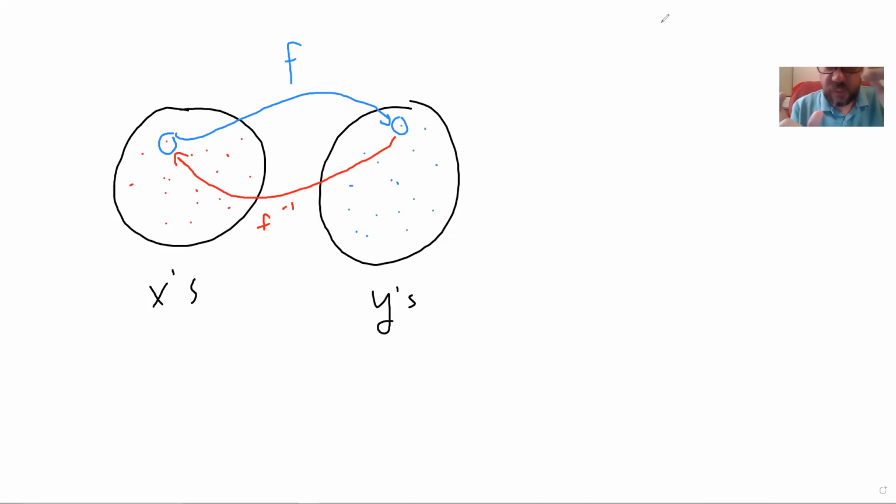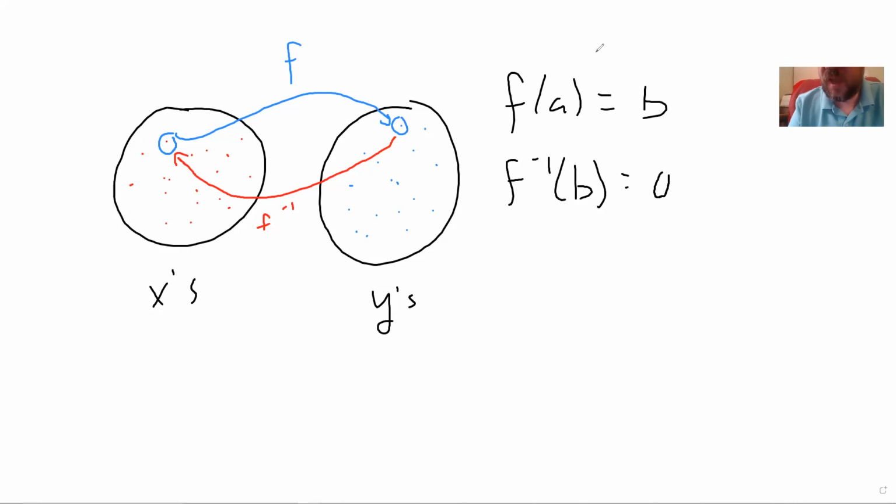The thing I want you to see here is that the roles of x and y are reversed in these two functions. F takes x's, starts with an x, and takes it over to a y. F inverse starts with the y and takes it back to x. So if I write it like this, that if f of a equals b, then f inverse of b equals a, then the thing I want you to notice here is that